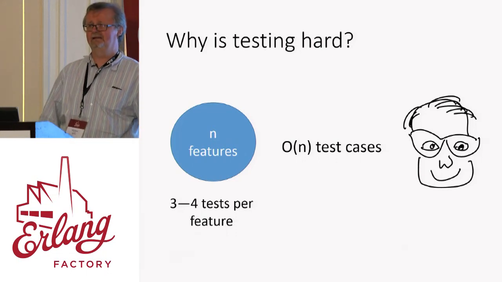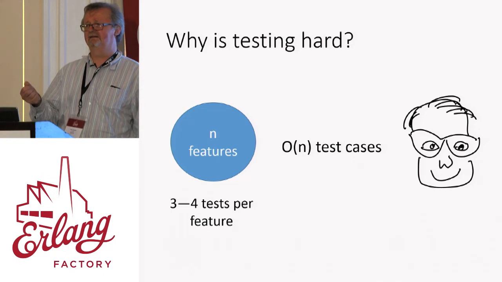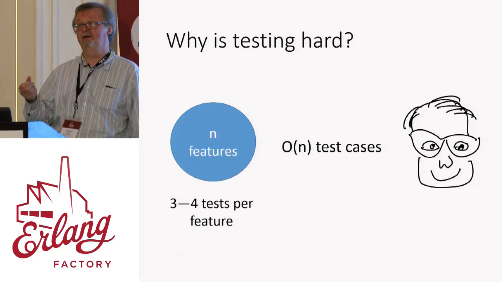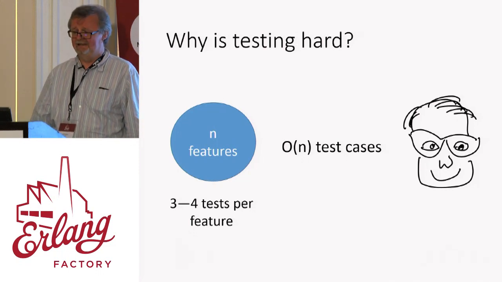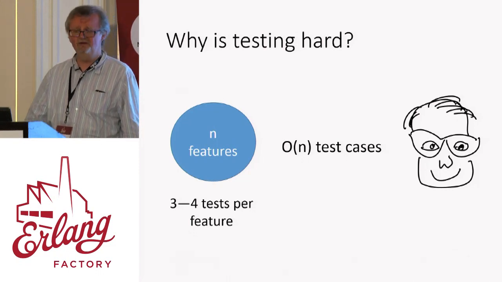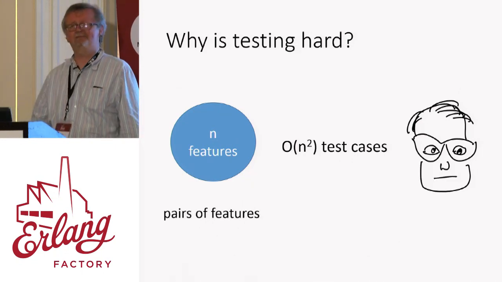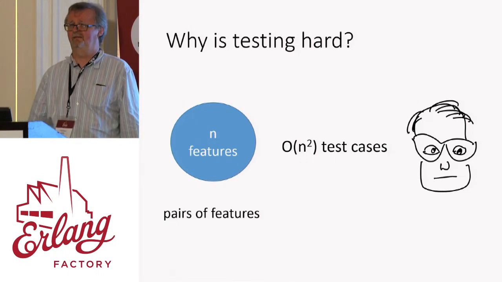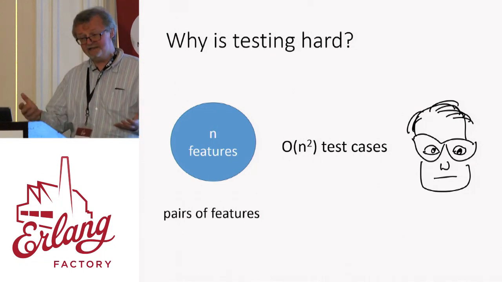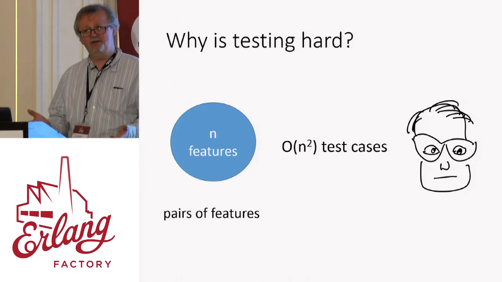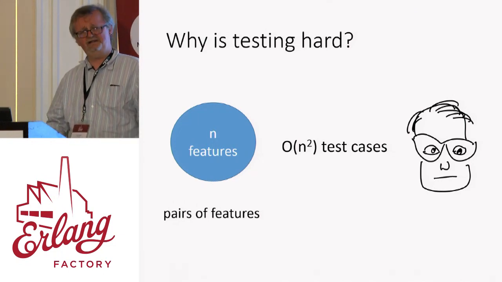No problem. But we all know that you won't find all of your bugs if you do that, because some bugs only appear when you test 2 features together. It's some kind of feature interaction. So let's suppose you wanted to test for all of those possible bugs. Well, now you'd have to write a quadratic number of test cases. That doesn't sound so good. And actually, you won't find all of your bugs if you do that either, because some bugs only appear when 3 or more features interact.